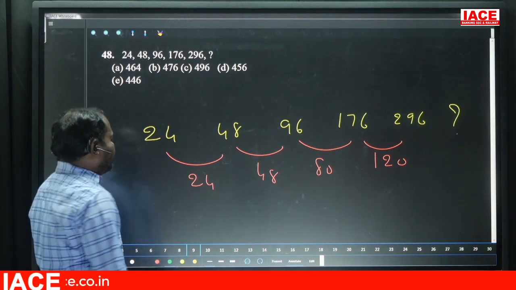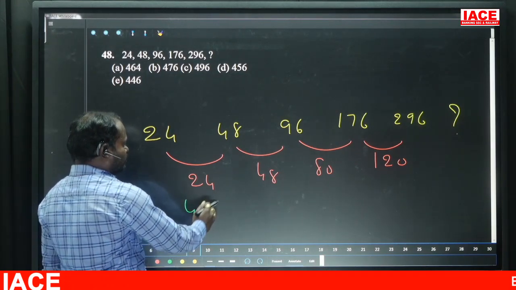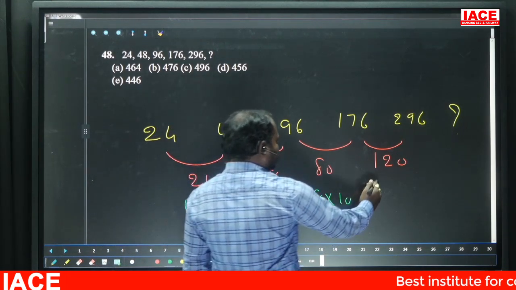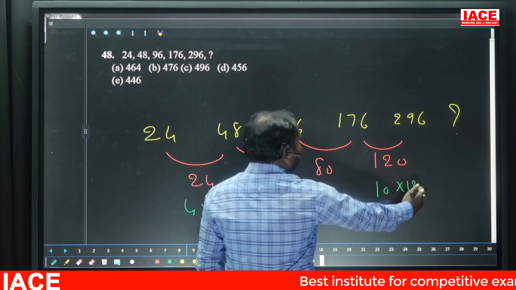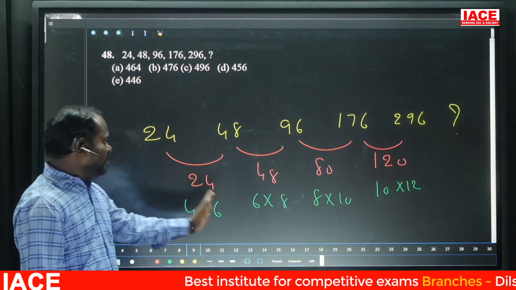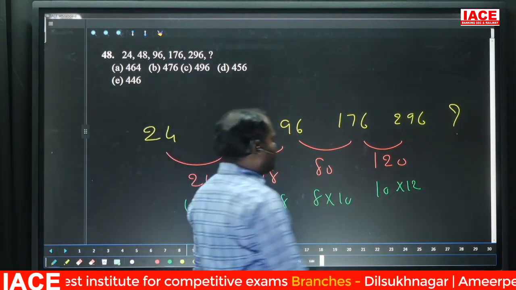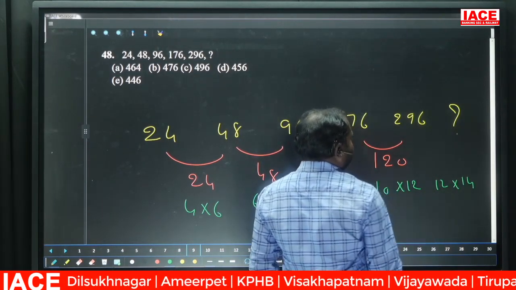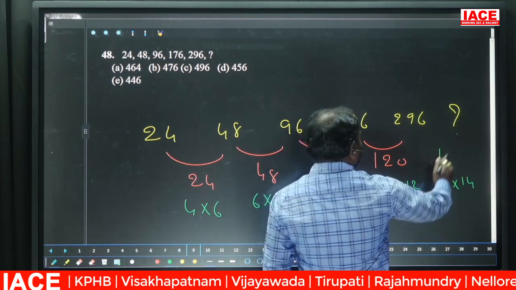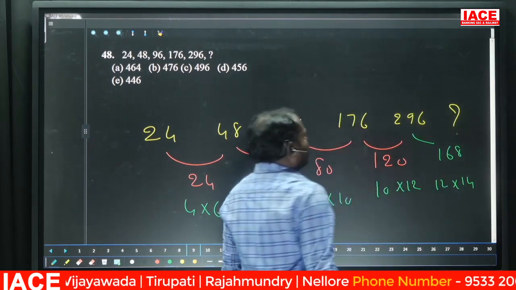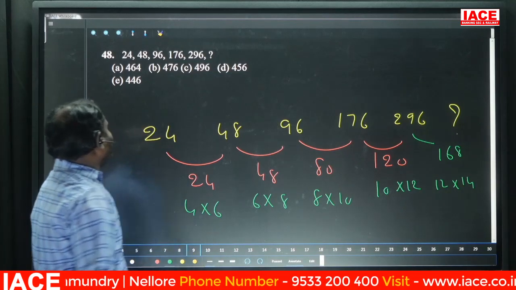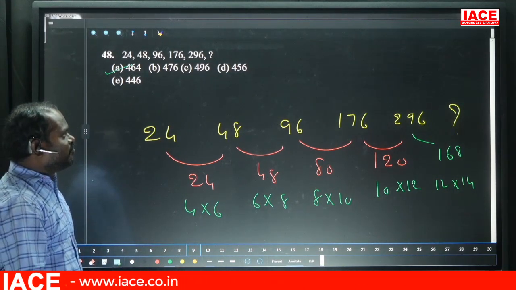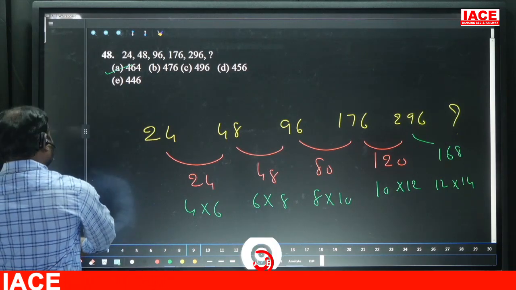24, 48, we can write as 4 6, 6 8, 8 10, 10 12. Product of continuous even numbers: 4 6 8 10 12. So next should be 12 into 14, which is 168. 140 plus 28 is 168. By adding that, the last digit is 4, so 464. Option 464. Next,